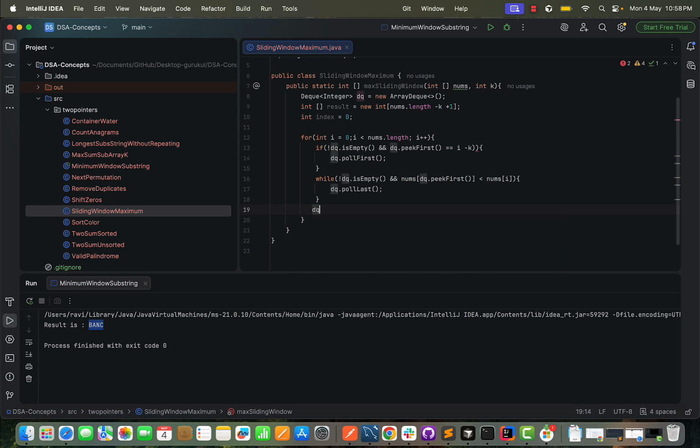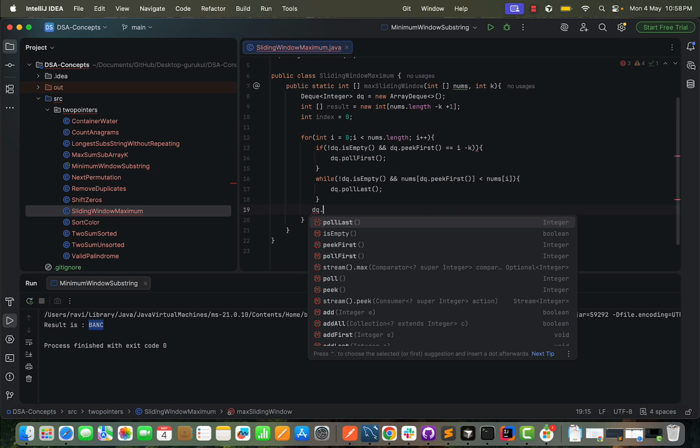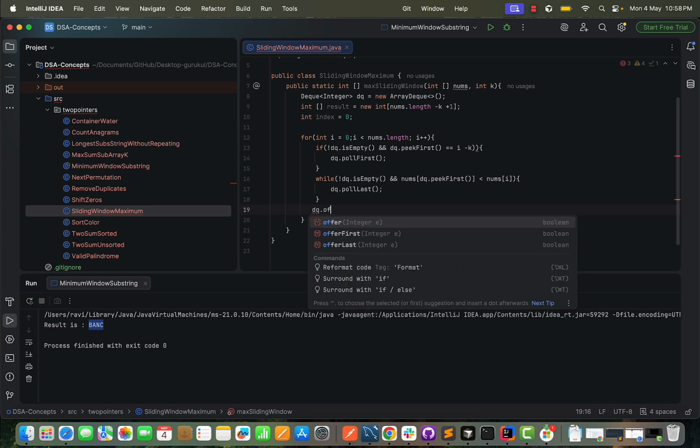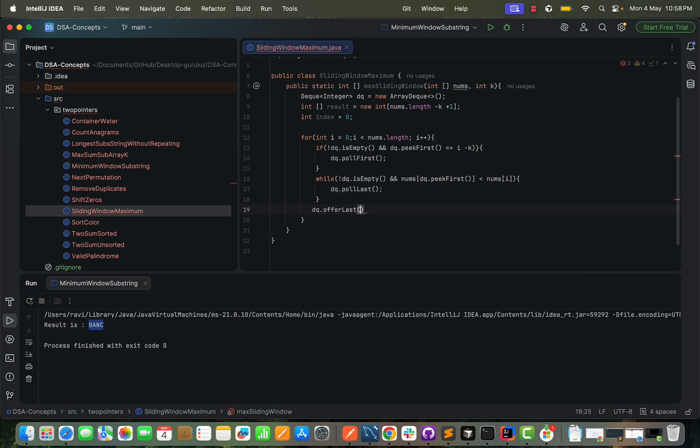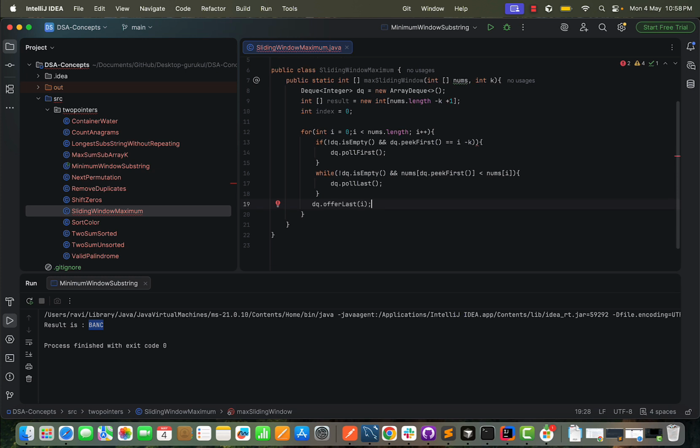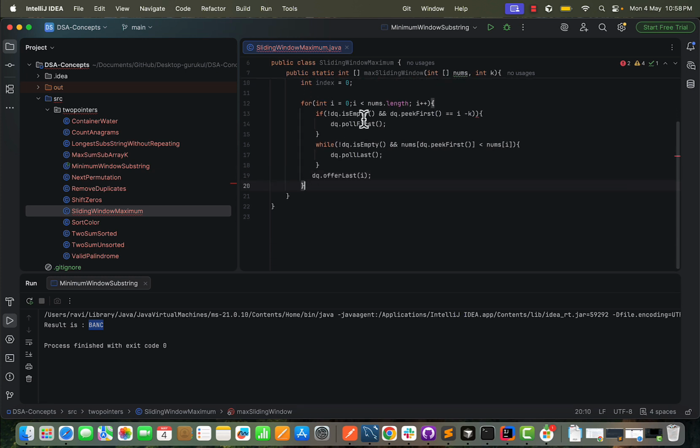So Deque dot offerLast. I have to add at the last, so that is equal to i. Okay, till here it's okay. Once this is done, why is it showing an error? Okay, so it was one extra, I think. Yeah, so in this for loop